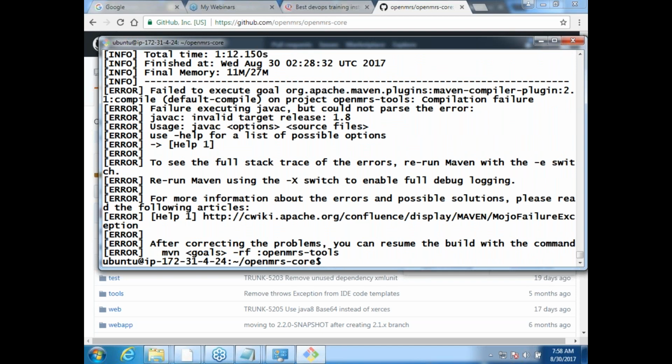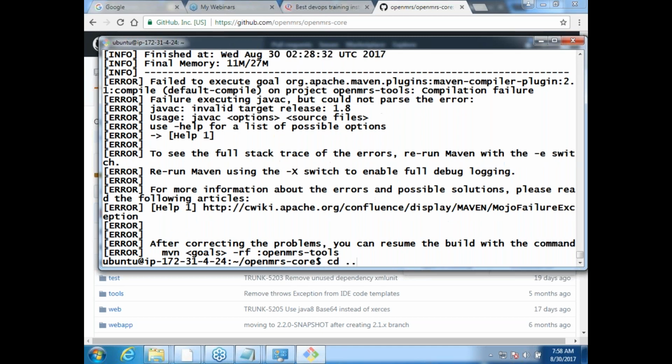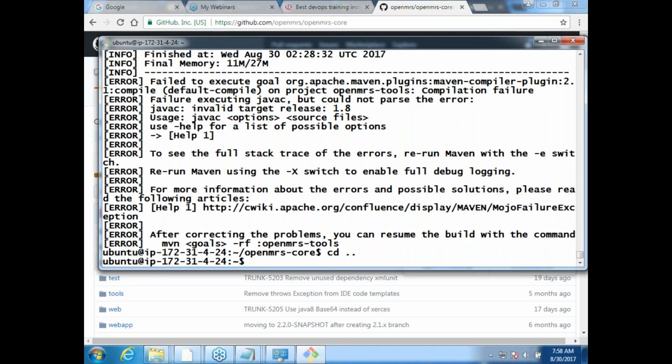It has failed. It says that the build has failed because probably they want Java 1.8. That's fine, that's a build failure, our environment is wrong. Now, what happened during all of this build? What was it trying to download, and where did it put all of the downloads? Let us try to understand that.